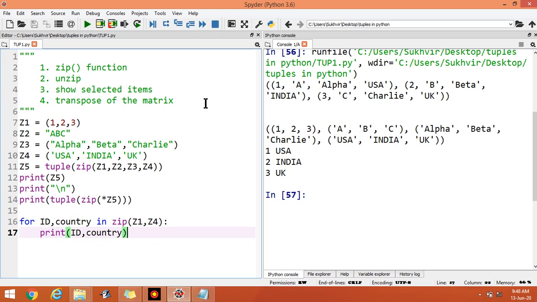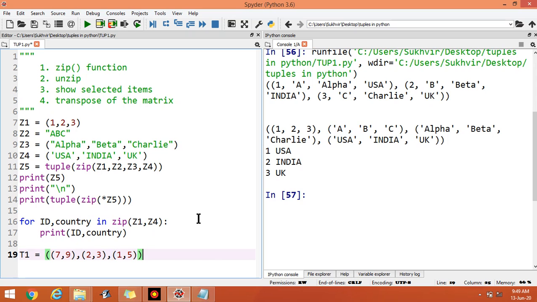Now the last one, transpose of the matrix. Let us take T1 as the matrix. It comprises some elements: 7, 9, 2, 3, then 1, 5.